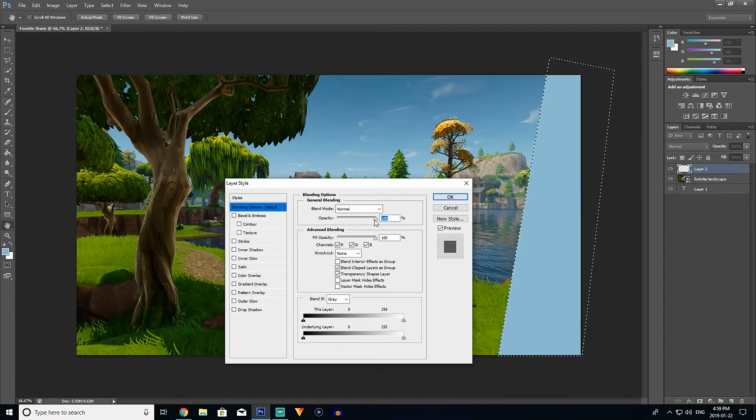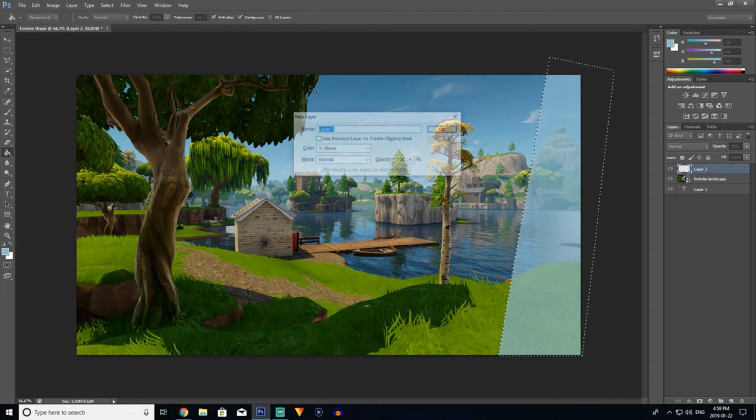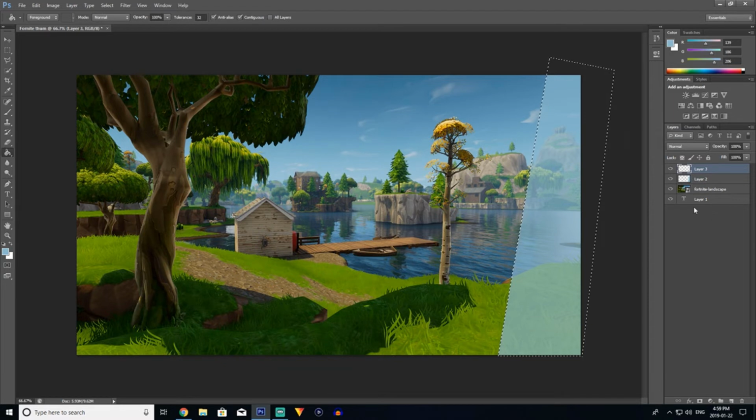You're going to go to the basic blending options default here, and you're going to bring the opacity down to maybe 70. We'll do 70% for now, and then you're simply just going to do the same thing again. Shift Control N to ask you if you want to make a new layer. You're going to say yes, and you're going to click that layer again, and you're going to click the pentagonal lasso tool here,